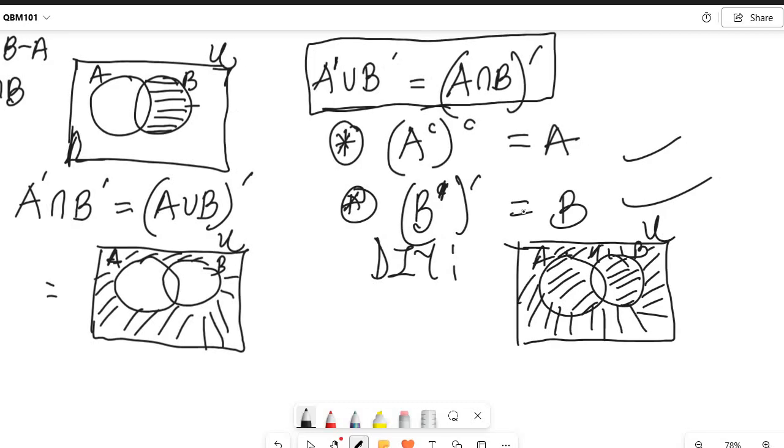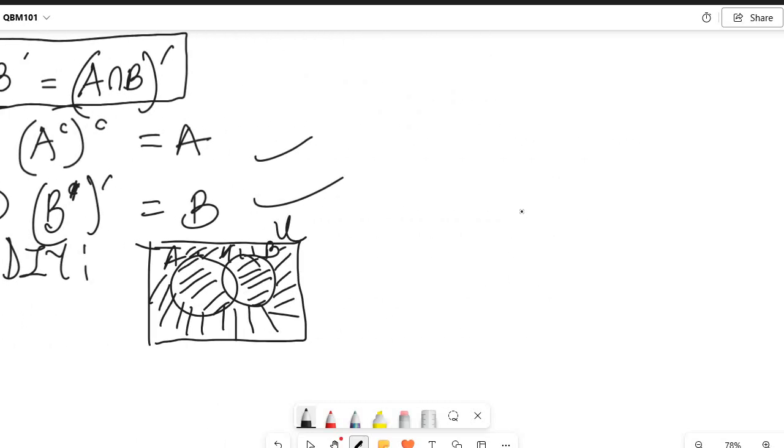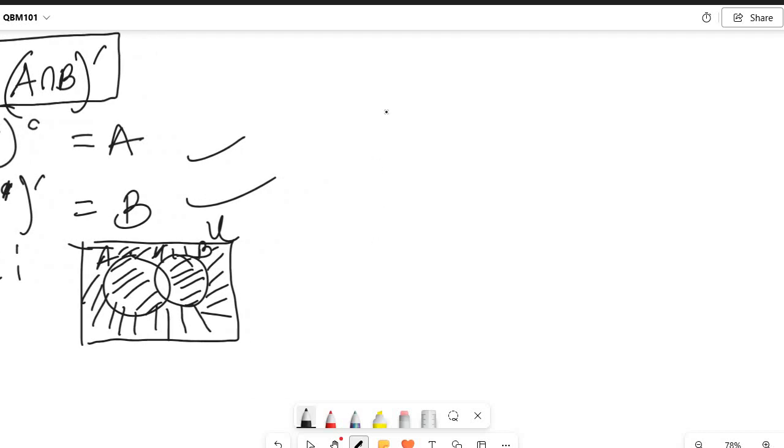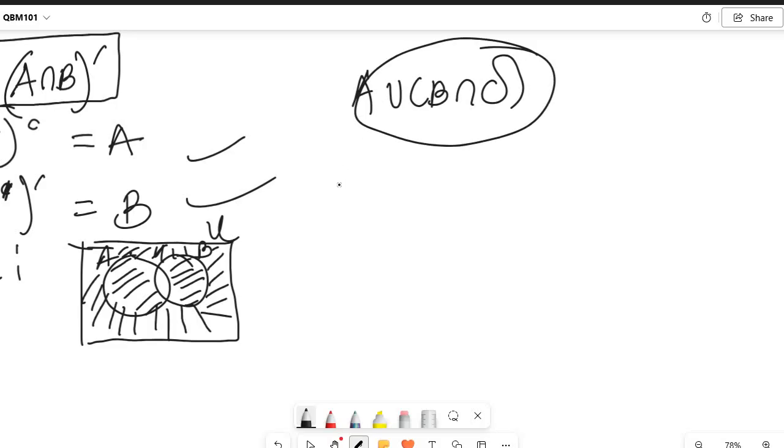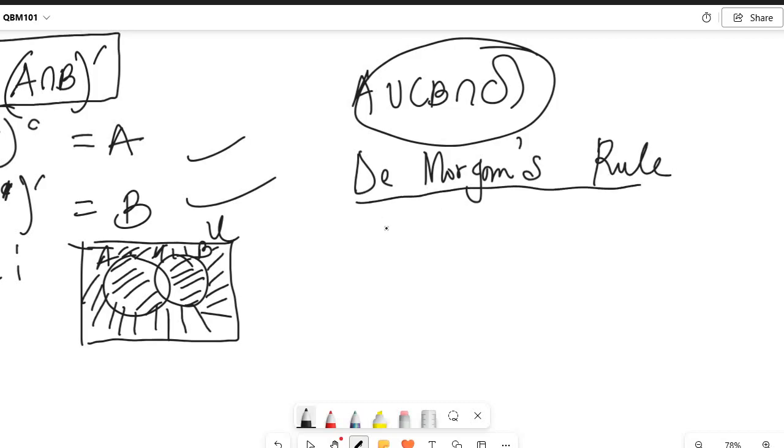Alright, so I think that's enough for Venn diagrams. Now this could also go into 3 sets. You could have it in 3 sets. For example, if you have A union B intersection C and so on and so forth, you can always draw that. But before I go into that, let's quickly talk about De Morgan's theorem. So when we are done with De Morgan's theorem for 2 sets, then we'll look at 3 sets Venn diagram. Alright, De Morgan's rule of theorem. We'll look at 3 sets Venn diagram, and after that, before the time is up, we'll look at